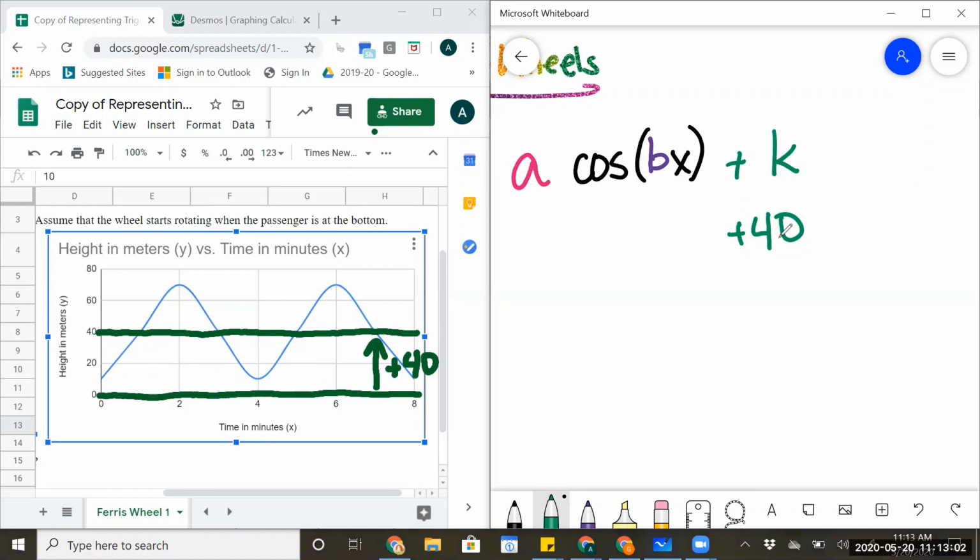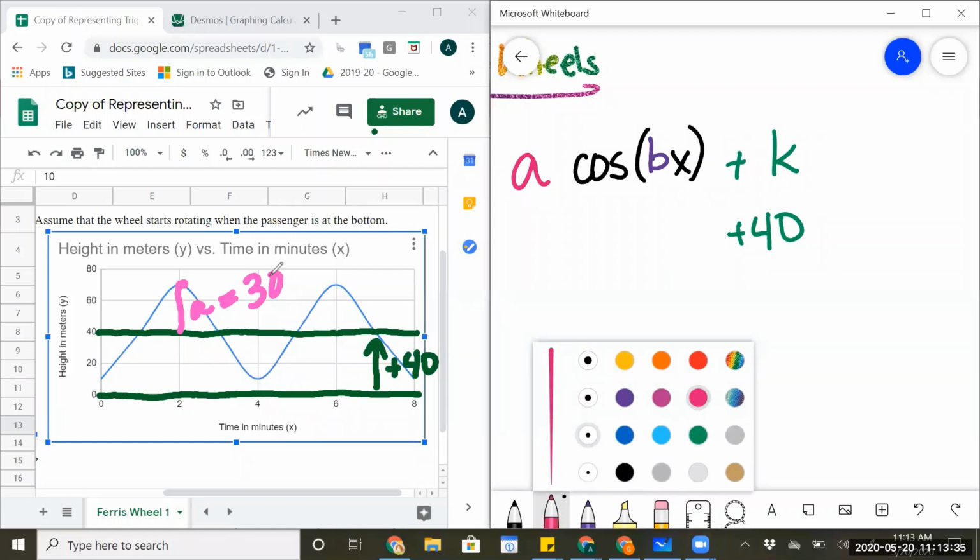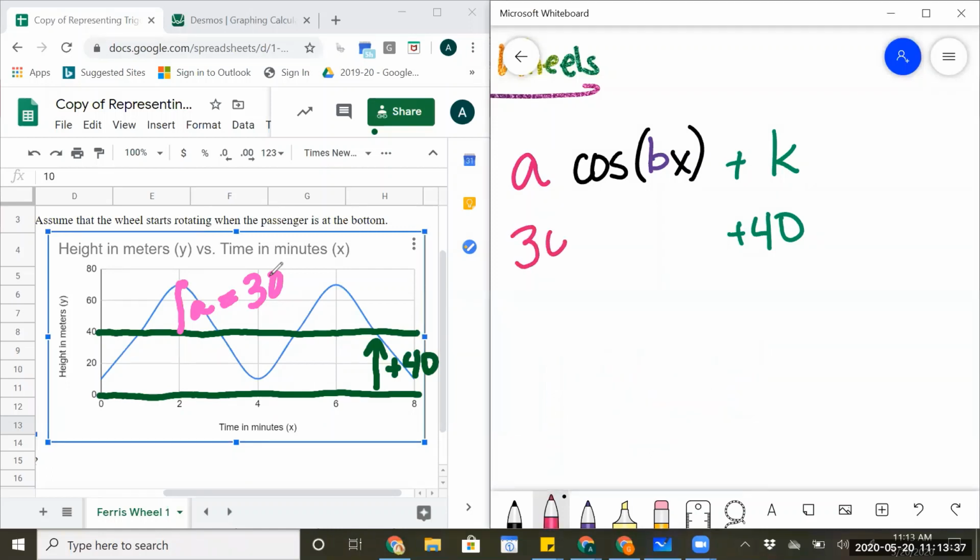What else is happening here? Now we've got our amplitude, right? It's always nice to go for amplitude. So now that we've got our center line drawn in here, my amplitude goes from the max or the min to the center line. There's my amplitude. And what value is that? Well, our maximum is 70. Our midpoint here, our midline, is 40. That means our amplitude is 30. Okay, so now over on our equation, I can go ahead and write in 30